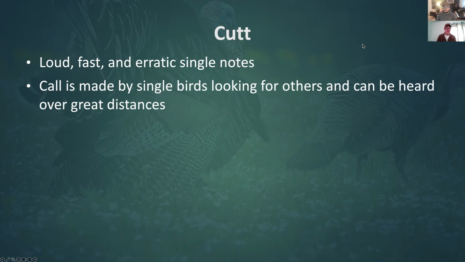Yeah, it just sounds angry. Some kind of trouble is going to be had when you hear cuts like that, I think. It's got a lot of energy behind it. So it's definitely not a call I start out with. Start out slow, easy, gentle, and only get to these more aggressive style calls like the cut when you have to. Make the bird make you go there. Don't start with that.